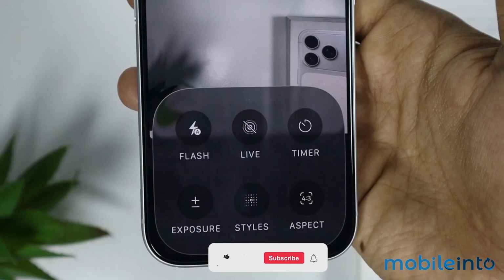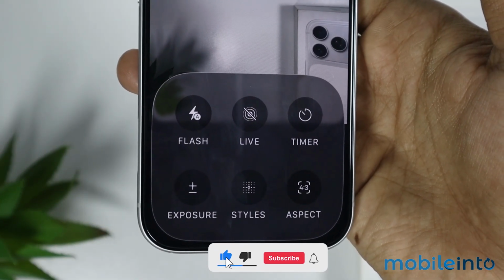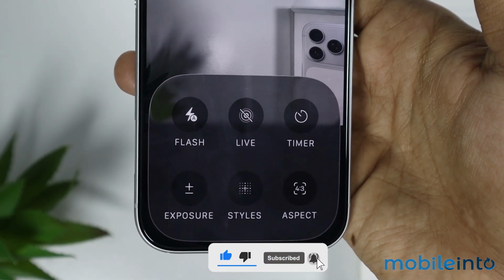Just like that. And this is how you can turn off live photos on the iPhone 17, 17 Pro and